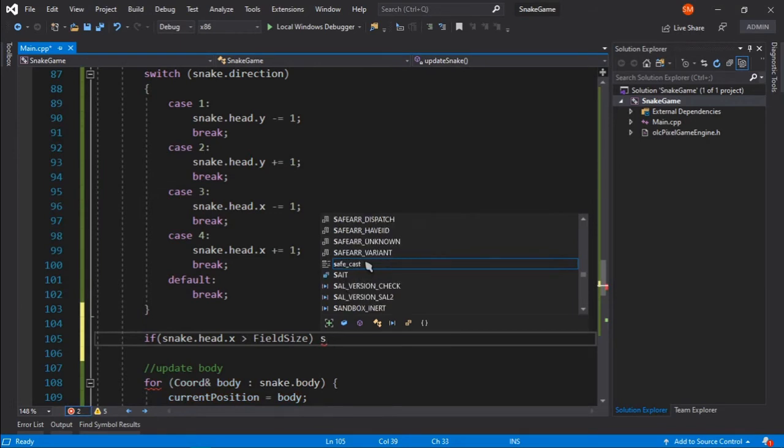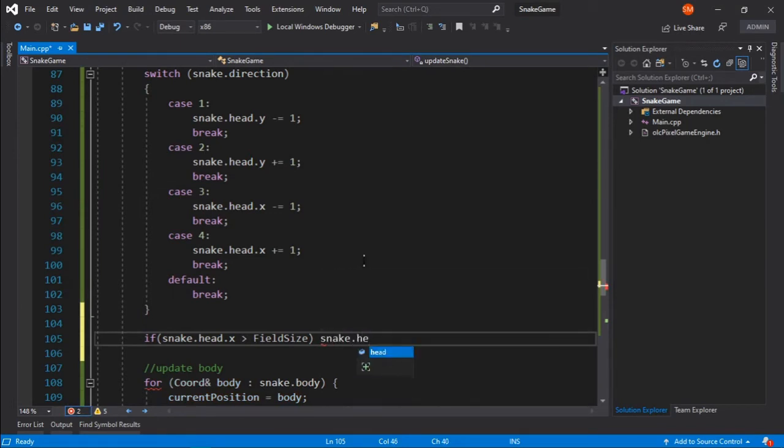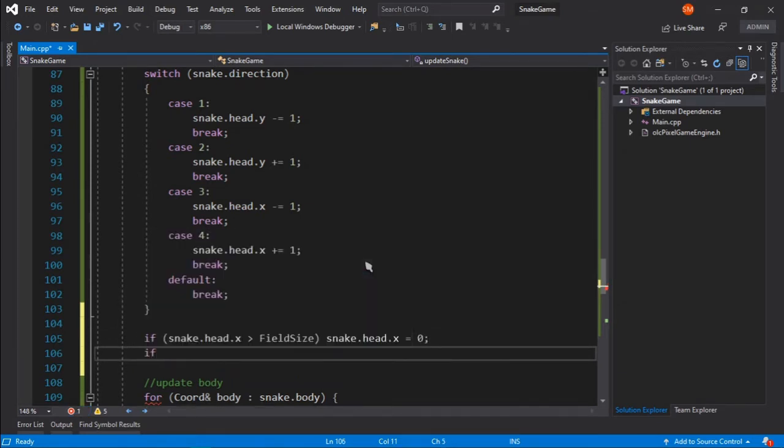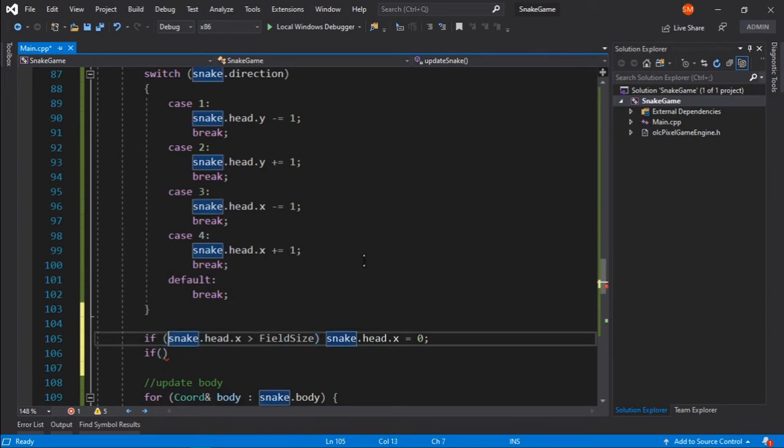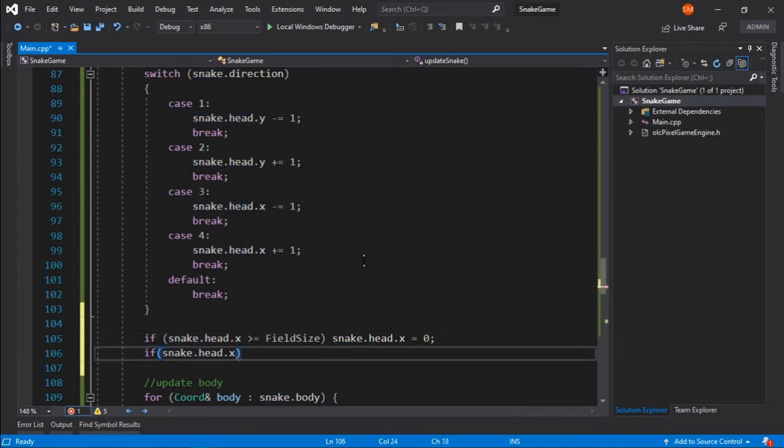So snake dot head dot x is going to be 0, and if the head is greater than or equals to field size, the same thing goes if the snake's head is less than or equals to 0, and I want it to be of size field size.